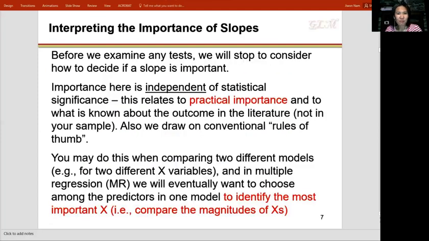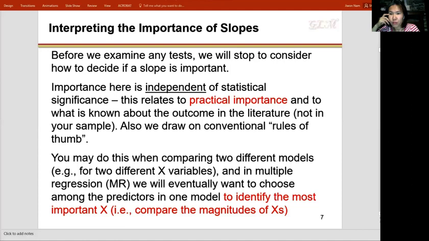Okay, page 7. So, interpreting the importance of slopes. Here we have to distinguish two different concepts. One, statistical significance. Two, practical importance. Statistical significance means the slope is statistically significant at the criterion value. We call the criterion value alpha. Usually we use